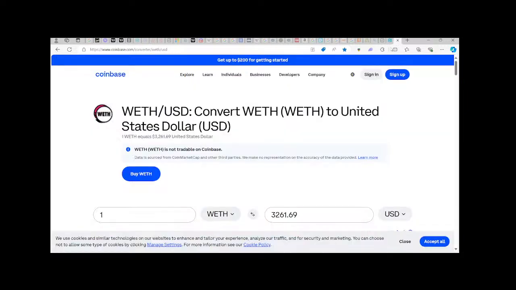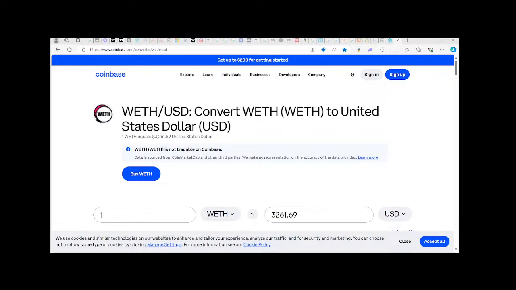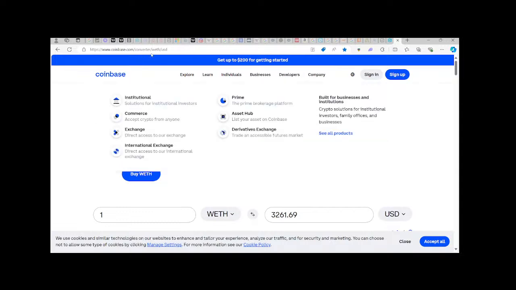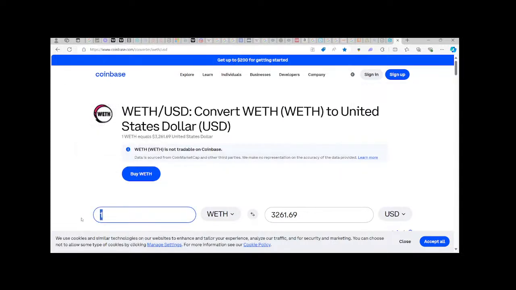There's a website called coinbase.com/converter/WETH/USDT. And what that basically is, it's the converter for you to understand what your wrapped ETH, which is base Ethereum, is worth in USD, which is dollars, right? So the converter, once again, the website is, and I'll copy it here and put it down here so you guys can, maybe it'll pop up in there, right? So it is